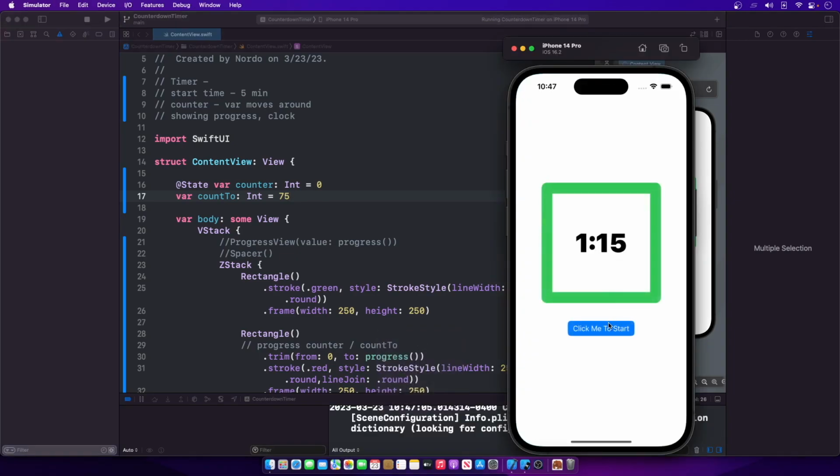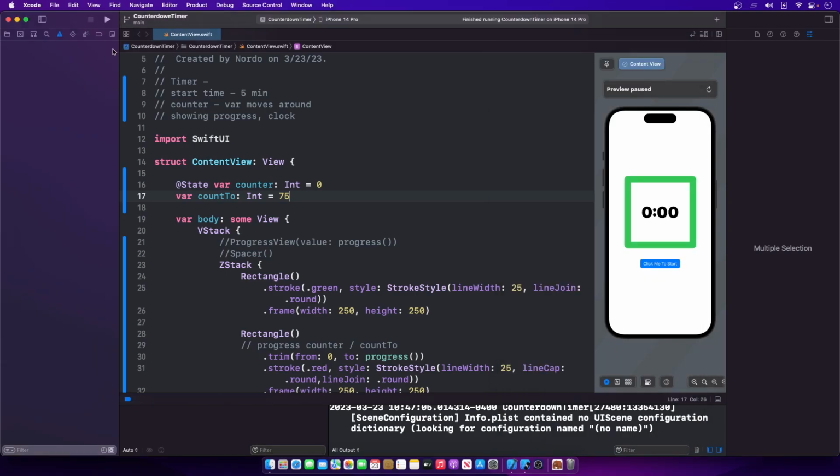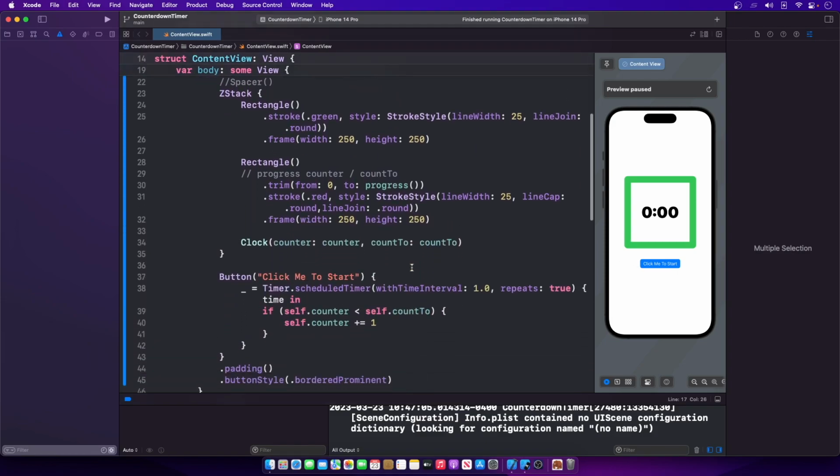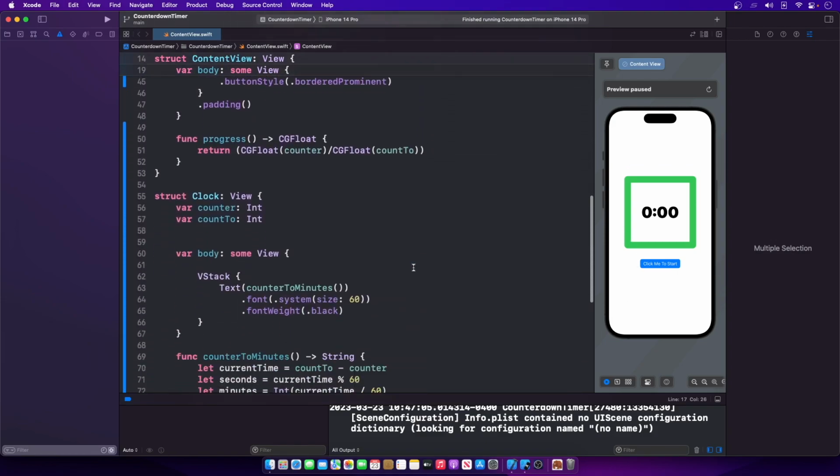So at 15, it looks good. All right. 14, 13, and when it gets to 10, it'll now put a 0 in front, and that looks a lot better, right? So that was just a little tweak for visual purposes. And at this point, you really do have a fully functioning